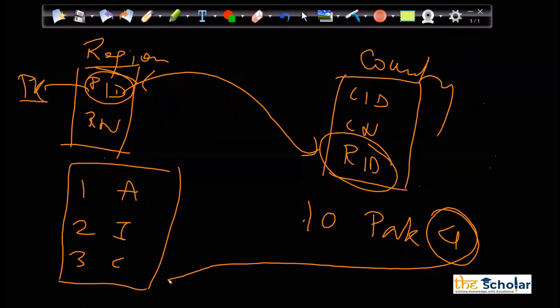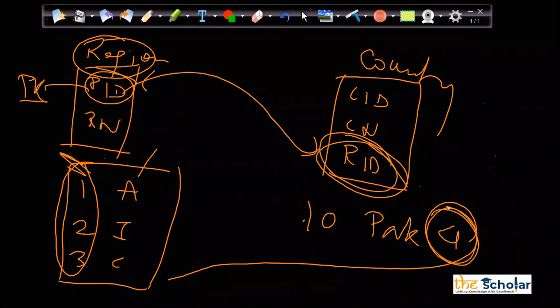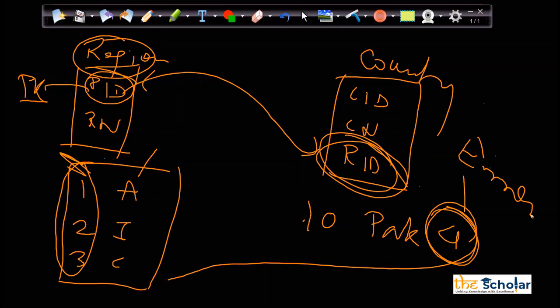No. And as I mentioned, this is the primary key in this table, and this is the foreign key in this table. When I try to insert number 4, what will happen? It will throw me an error. It will say that it is not present in the main parent table. You will not be able to insert number 4. So now I am saving my data from getting corrupt. I cannot insert anything here. Only those values which are present in the parent will be inserted.